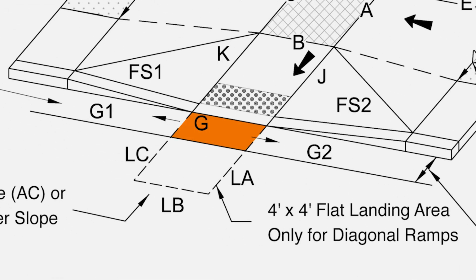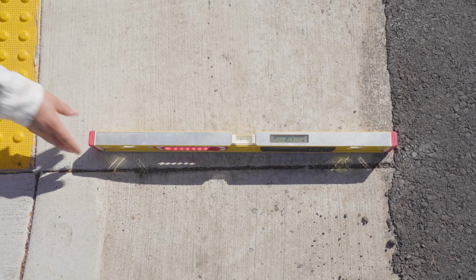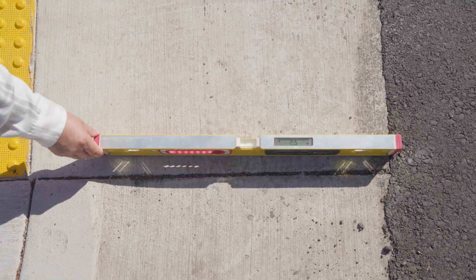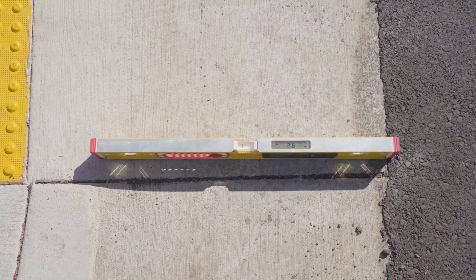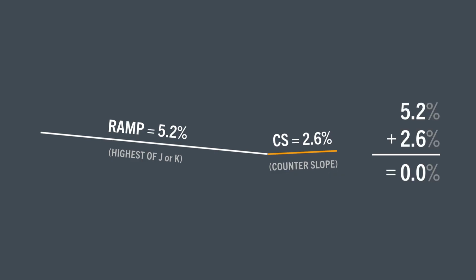Finally, the gutter panel or counterslope at the base of the ramp creates an easy transition to the street proper. First, we want to make sure it's 24 inches, which is our standard dimension. More importantly, we want that counterslope angle to not be too abrupt a change from the ramp angle. To check this, we measure our counterslope and add it to the ramp slope. Our tolerance is 11%, so if the total is under that, we're good to go. You can see in this example how smooth a transition it is.